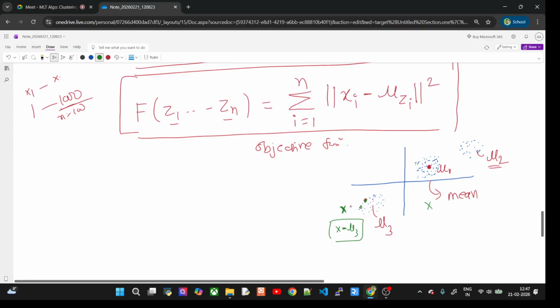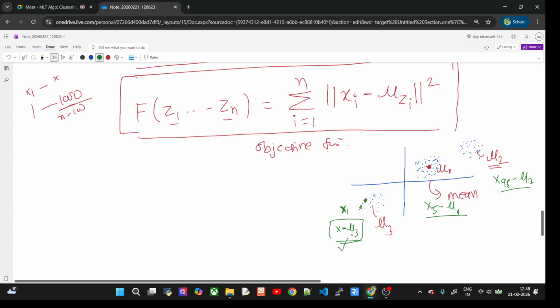For example, this is x1, maybe here is x5, so x5 minus mu1. This cluster has some points, maybe x98 minus mu2. You subtract the mean from each point and try to figure out